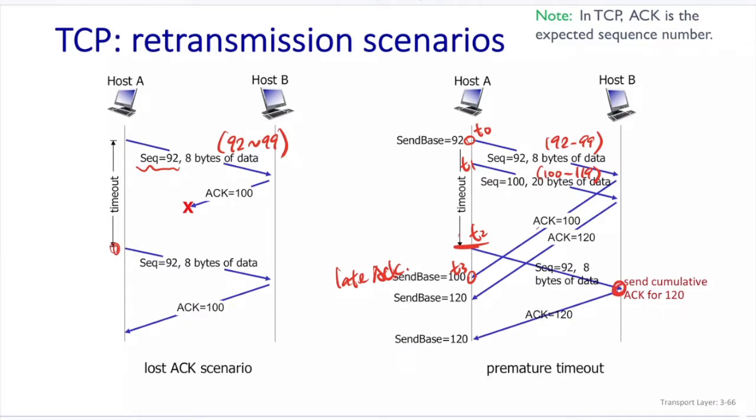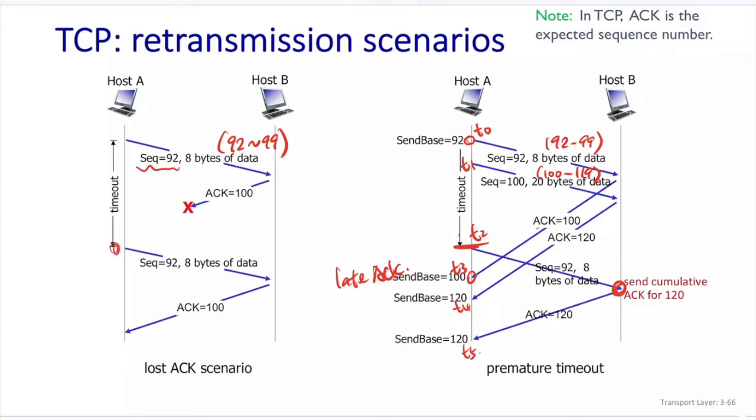But as for host A, it will receive the late ACK right here at T3, and at T4 it gets the ACK 120. Okay, and at T5 right here, and you can see that